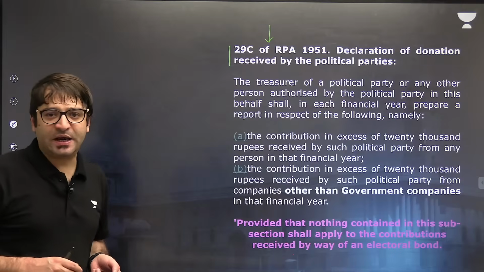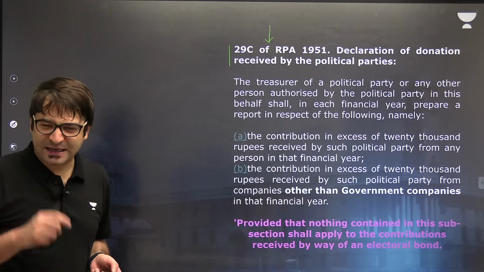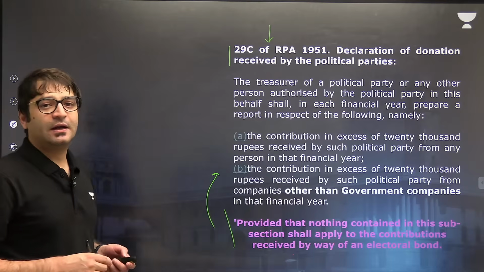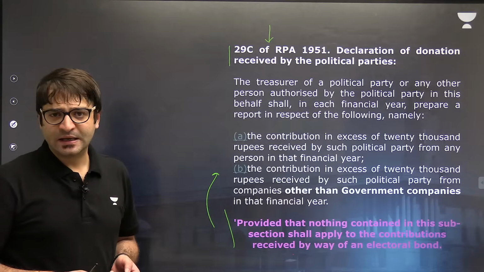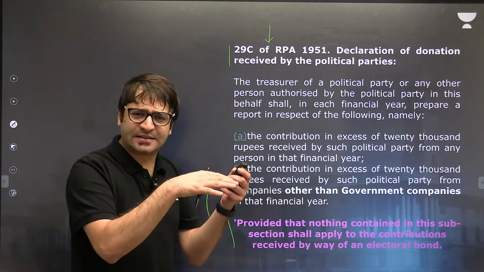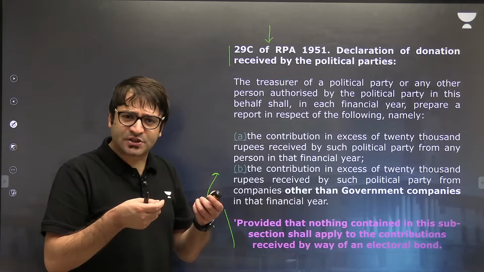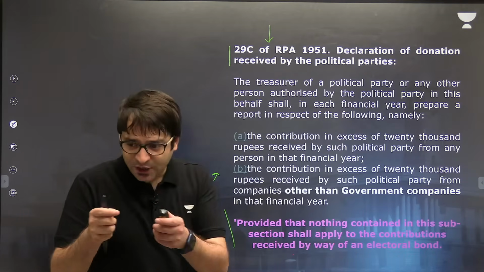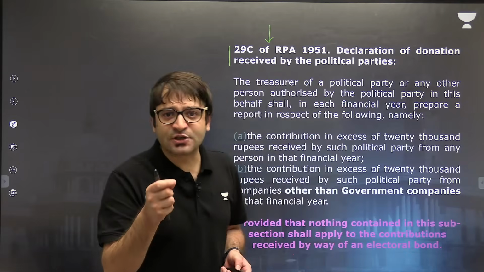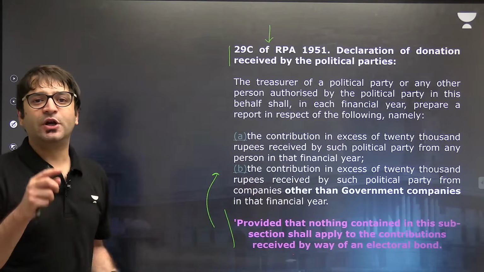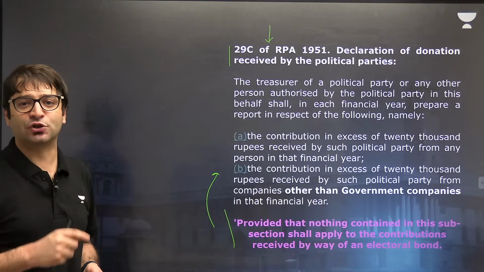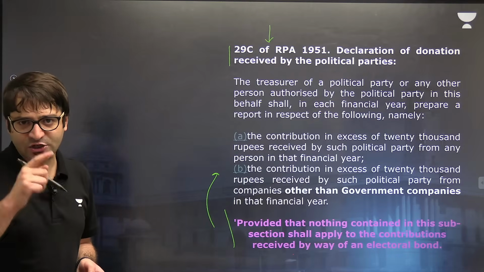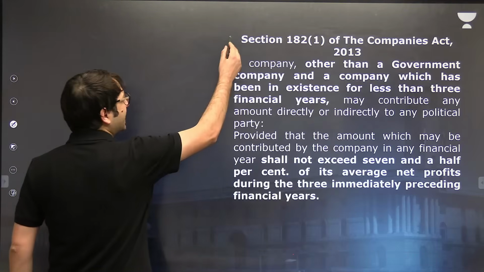An amendment was made to the Representation of the People Act by the Finance Act of 2017, saying this provision shall not apply to electoral bonds. That means through cash, through any other transaction, if a political party is receiving a donation of more than 20,000, it must disclose the identity of that donor. But if you are receiving a donation in excess of 20,000 through electoral bonds, you don't have to disclose the identity of this donor. The entire process is anonymous. That's change number one. Change number two, to the Companies Act,